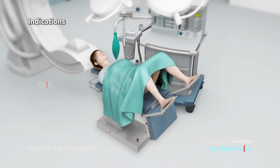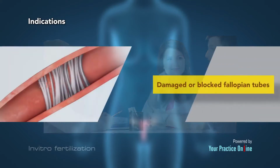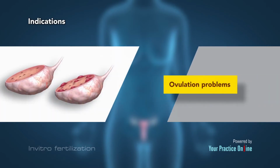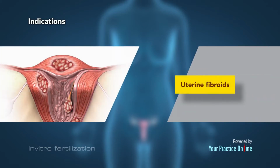Indications. The most common indications for IVF include: previous fertility treatments such as medication and lifestyle changes have not been successful; damaged or blocked fallopian tubes; ovulation problems, infrequent or absent; premature ovarian failure, loss of normal function of your ovaries before the age of 40; severe endometriosis, presence of uterine tissue outside the uterus; uterine fibroids, benign tumors on